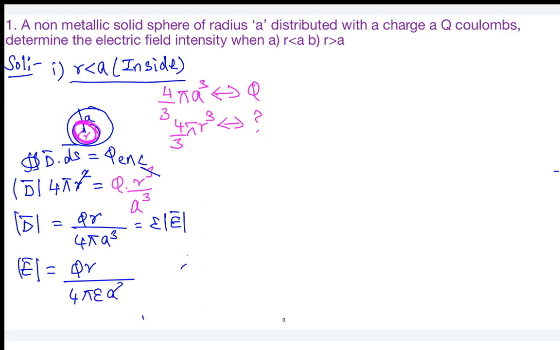Case when R less than, what will happen when R? So this is your material distributed with Q coulombs and enclosed with a